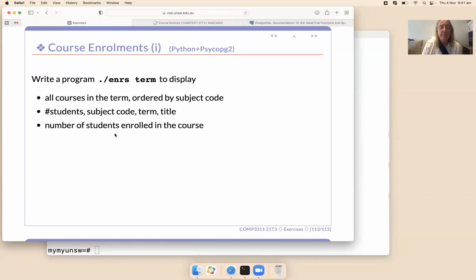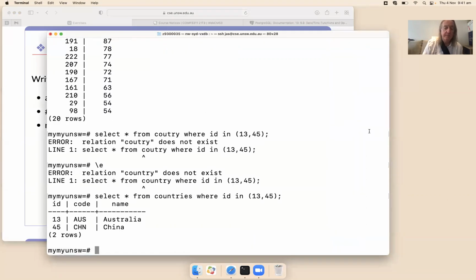Ordered by subject code. So we want the subject code. Let's just start with that, and I'll go back and fix select up now. That'll do for the time being from